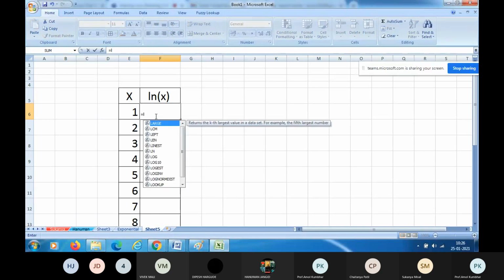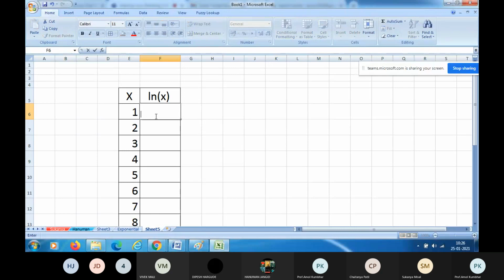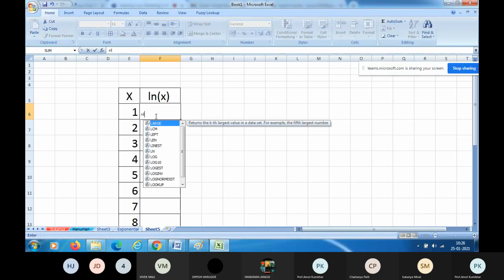If I press equal to, you have to use the ln function. If I press L, the functions will appear: LARGE, LCM, LEFT, LN, LOG10, right? LOOKUP function. So different functions starting with L will appear.